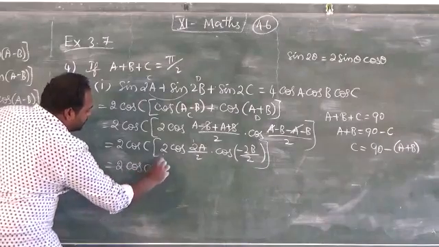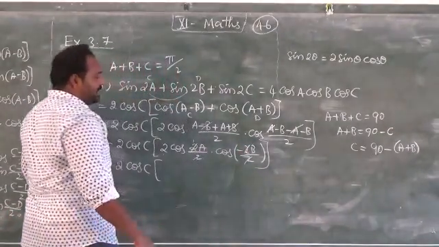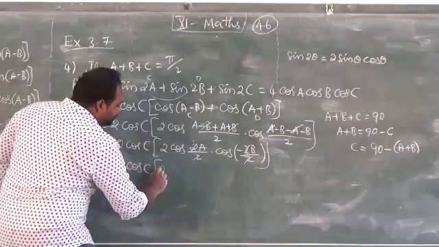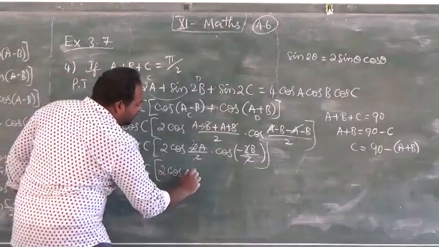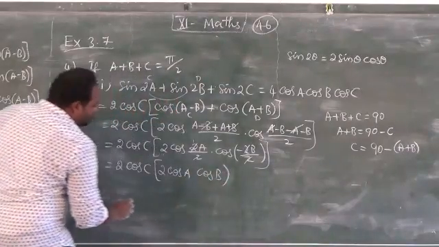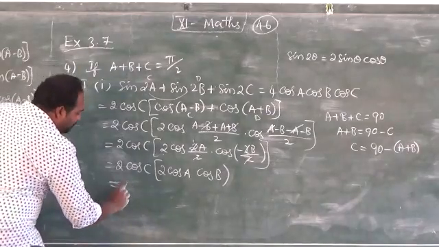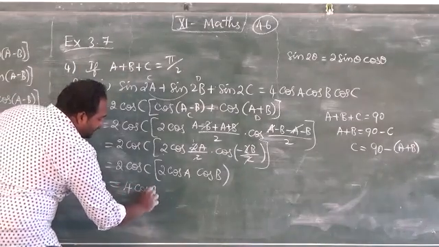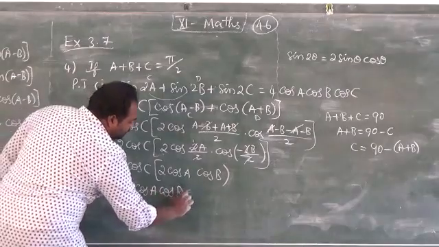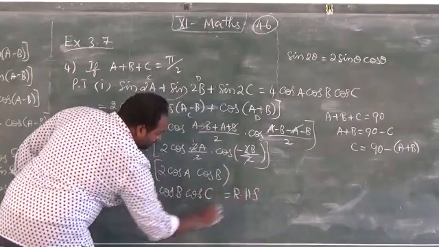2 cos C into, here 2 cancel, here this 2 and numerator 2 cancel. So 2 into cos of A, here cos of minus B will be cos B, positive. So multiply inside the bracket, 2 into 2, 4 cos A, cos B and cos C, which is RHS side. Hence